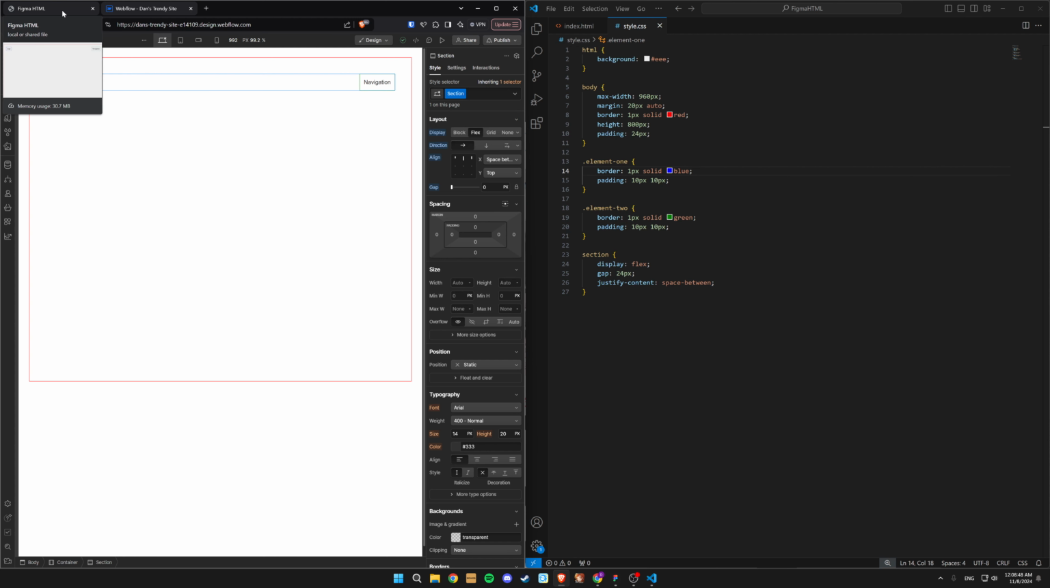All right, cool. That's basically what I wanted to show on auto layout. And hopefully you guys understand now